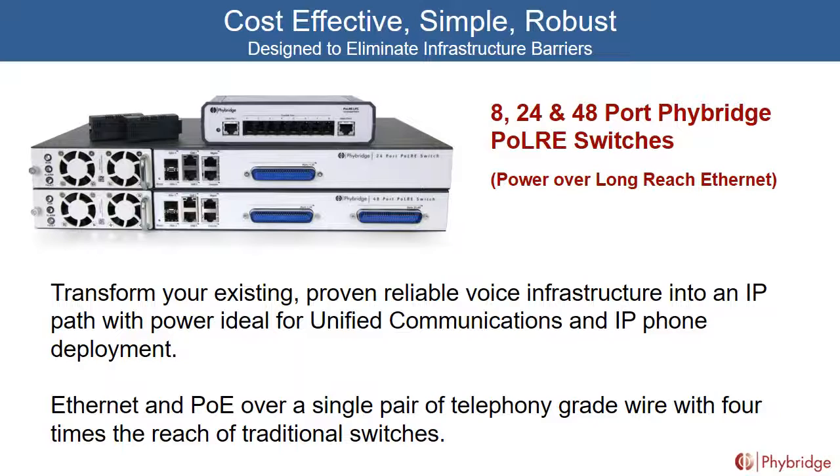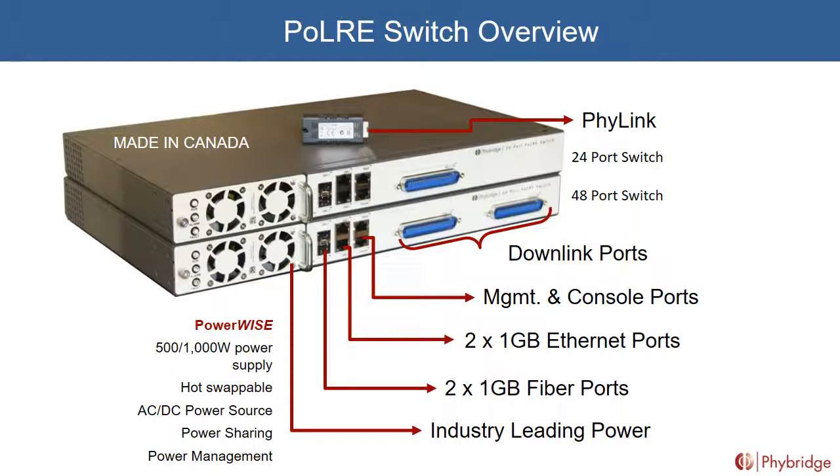So in the slide that you see now, we've got the different capabilities. We've got a management port, just like most data switches do, 2 gigabit uplink copper, 2 gigabit fiber ports, industry-leading power, hot swappable, AC/DC in the same chassis, a 500 or 1,000 watt power supply, depending on what type of power you're applying to it. On the AC side, whether it's 100 or 240 volts AC, and also some unique power management capabilities. The PHY-Link adapter is common amongst all of our switches. I think it's a point that might have been missed by some.